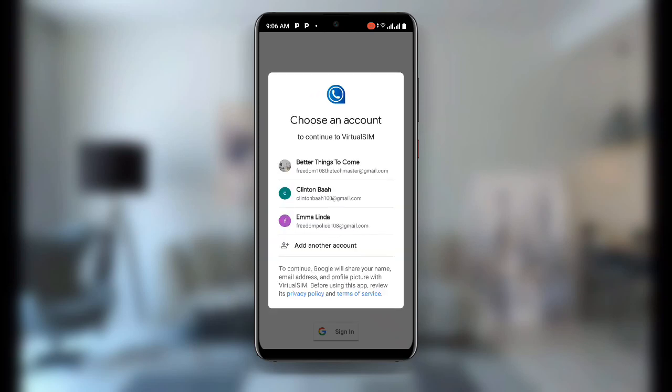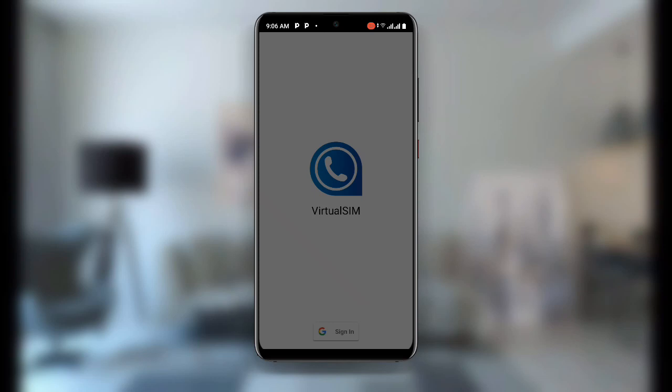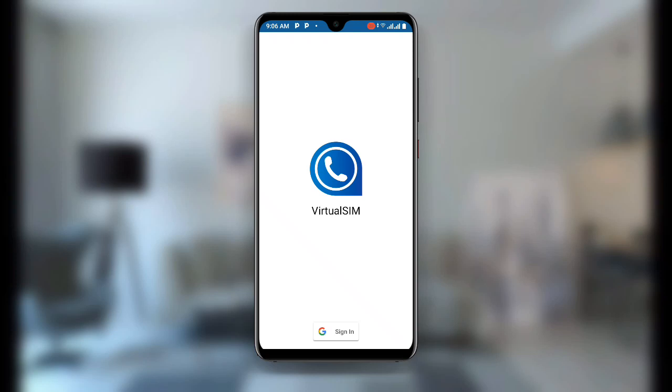And now once you click on sign in, you can see all my Gmail account over here. But like I said earlier, you need to make sure the Gmail account you're using is new. So you have to create a fresh and a new Gmail account for this. So I have created a new Gmail account for the purpose of this video. So let me use that one. And then you can see please wait. So just wait as it is